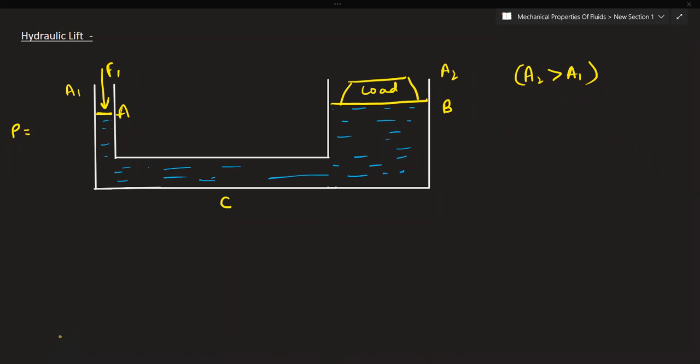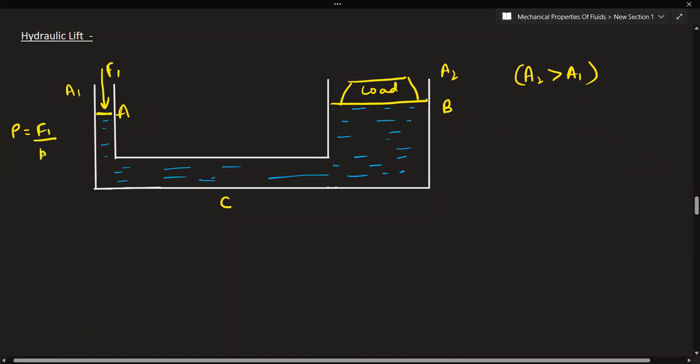F1 by A1. Exactly, F1 by A1. Now, according to Pascal's law, on the basis of what we have discussed, this increase in pressure is transmitted to every part of the liquid, including the piston B. So this pressure P, that is F1 by A1, is exerted on the piston B. Therefore, the upward force that would be exerted on this piston B would be equal to,